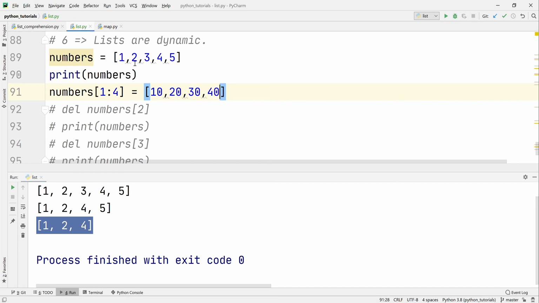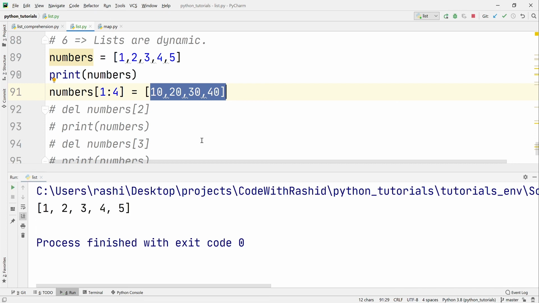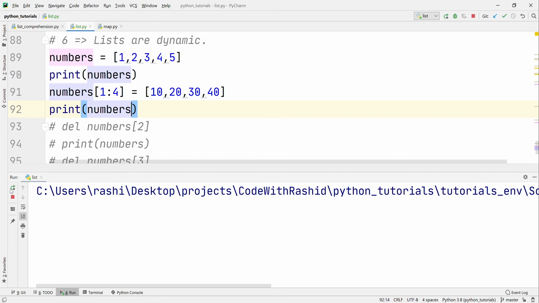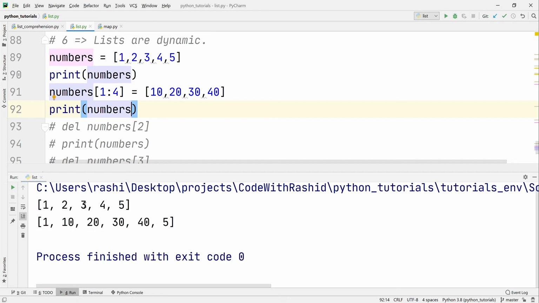Although we are saying we want to replace these two numbers, and we are giving the new numbers. Okay, so if we run this program, then we will see that we need to print this result as well. Print numbers. Okay, let's execute this, and now you will see 2 and 3 are removed, even 4 is removed.